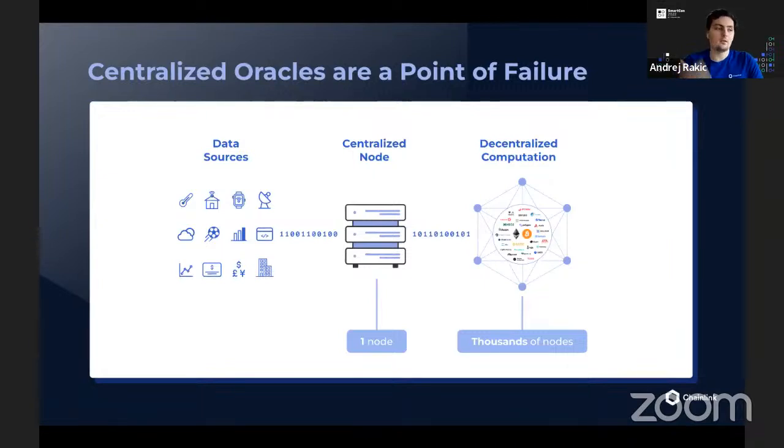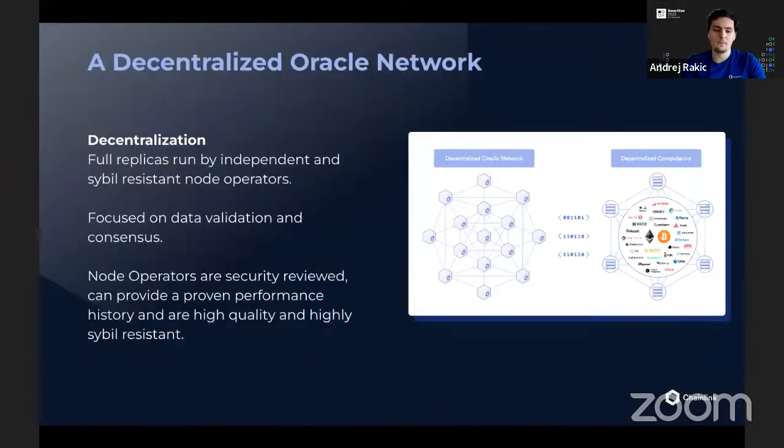Okay, so I talked about it during the last slide, but basically centralized oracles are a point of failure. When you have decentralized infrastructure, data sources, whatever, and you have a centralized node in the middle, you're at risk of getting inaccurate data, or as I said, no data at all. So that's why the main focus for Chainlink is decentralization. Chainlink consists of DONs. DON is short for decentralized oracle network, meaning that